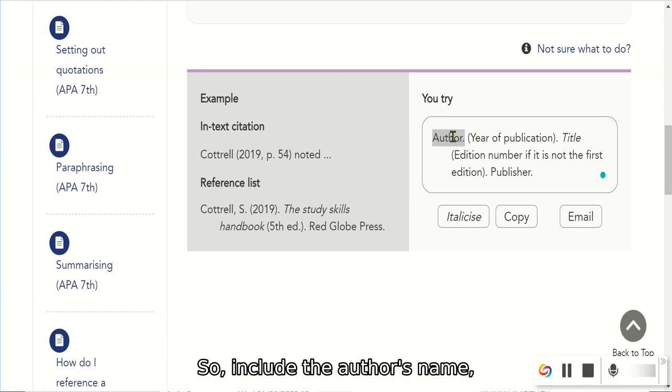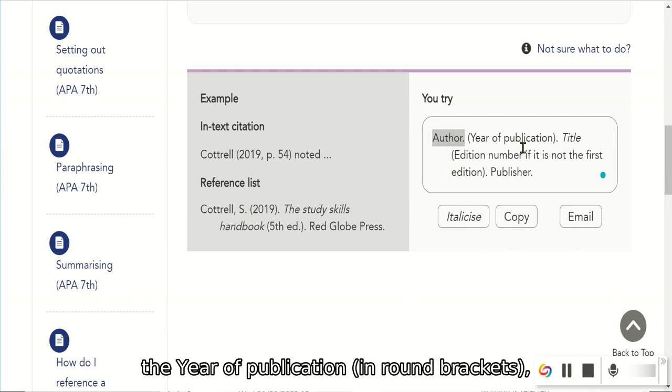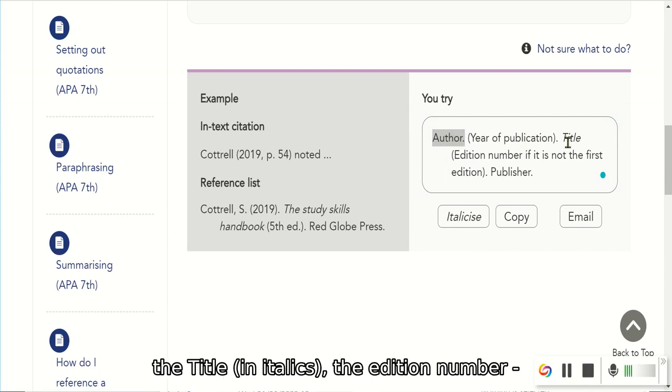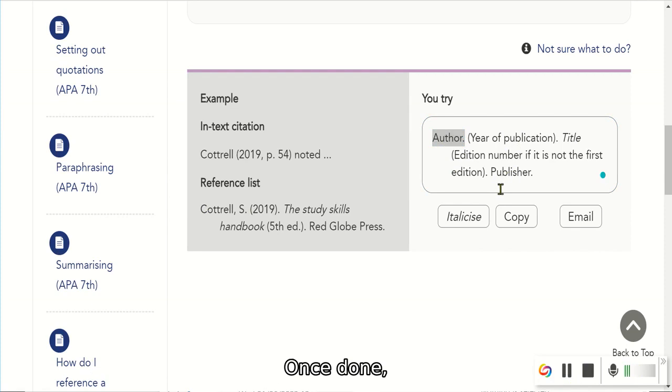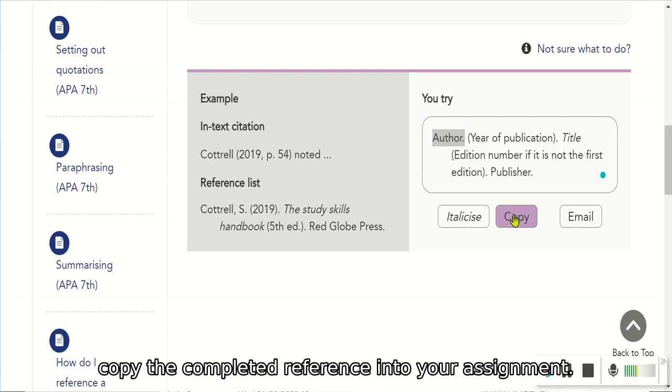So include the author's name, the year of publication in round brackets, the title in italics, the edition number if it's anything other than the first, and the publisher. Once done, copy the completed reference into your assignment.